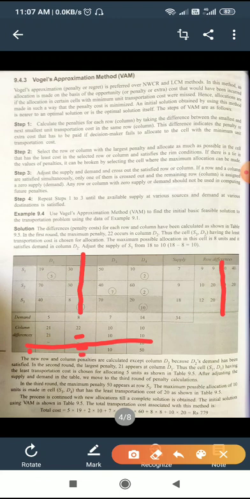Except this column, we take D1, D3, D4. The two smallest values are 19 and 10, so this is 9. The difference between the next two smallest values, 40 and 60, is 20. Next, 20 and 40, the difference between them is 20. Similarly we find 21, dash, 10, 10. Now we check the largest value in this second penalty row and column, which is 21.